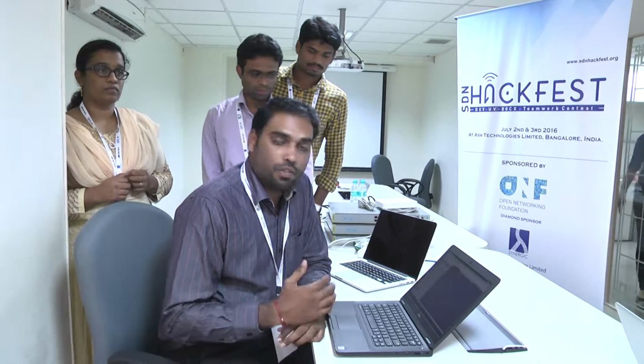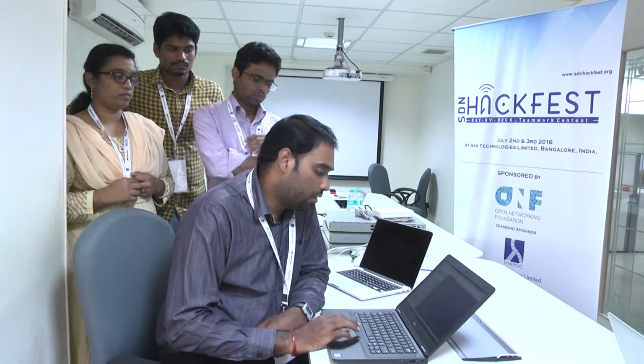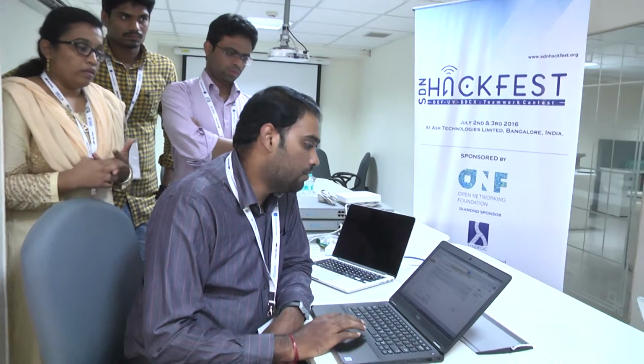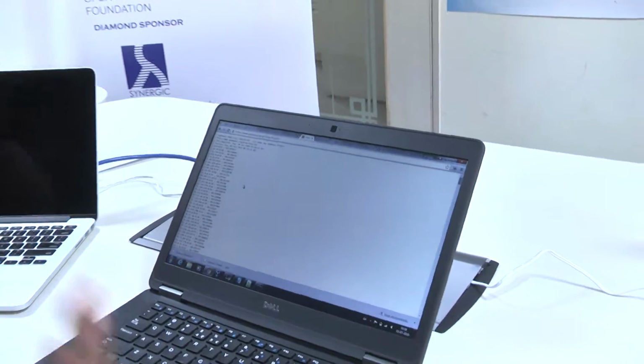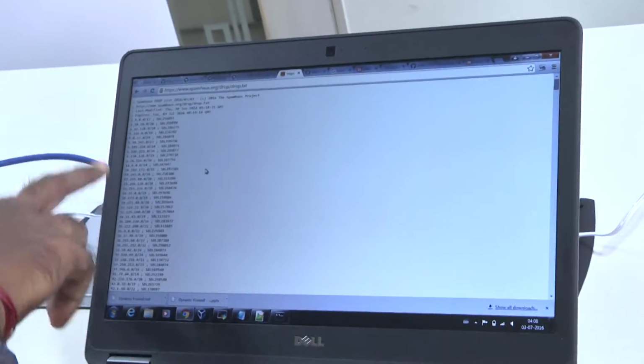Now I'm just going to explain about the project. In the dynamic firewall application, we are going to fetch the information from two external servers. One is called Spamhaus and another one is called PhishTank. Both of them give only the IP addresses. We already retrieved those IP addresses and saved them in an Apache server, so we don't want to disturb the particular server every time.